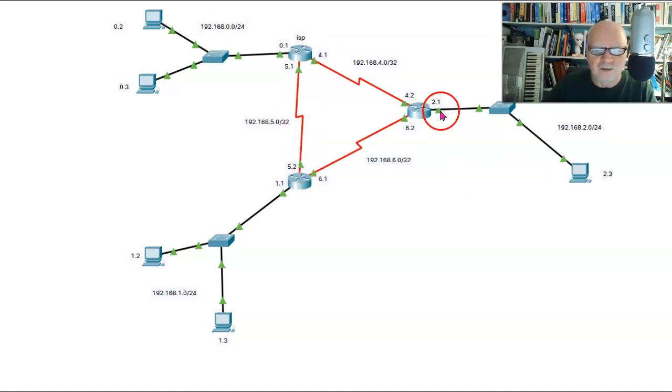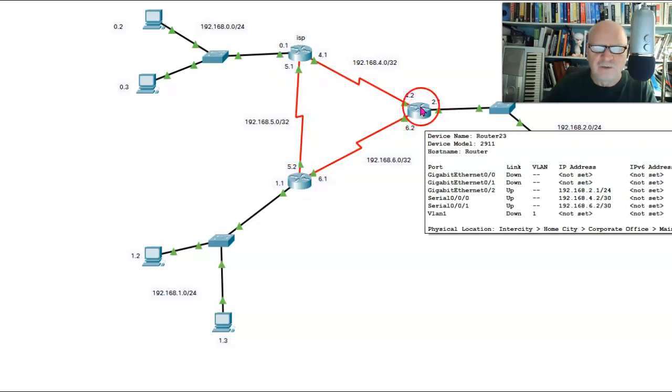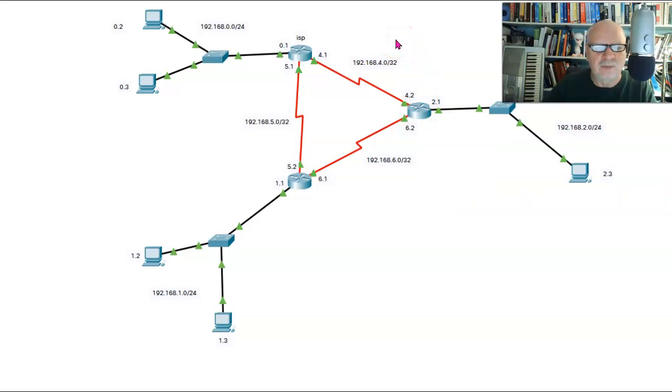If they're all the same ID, and by default they are, they're all 1 by default, the next thing it does is it looks for a loopback address. And if there's a loopback address, it uses the highest IP address on the loopback addresses to find which one will be the designated router. If that fails, if there's no loopback addresses, the next thing it does is it looks at the addresses themselves on these routers and says which one has the highest. Well, in this case, this one has the highest.